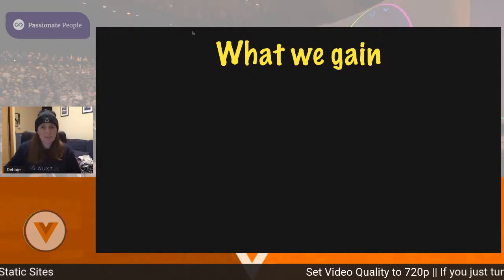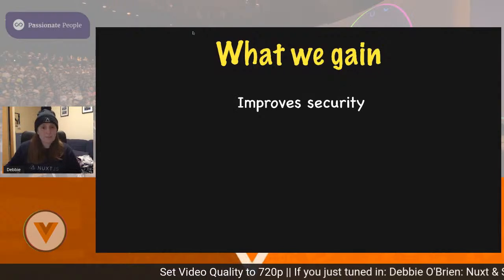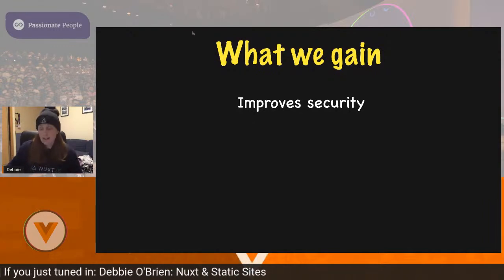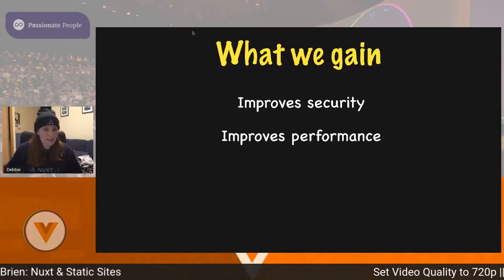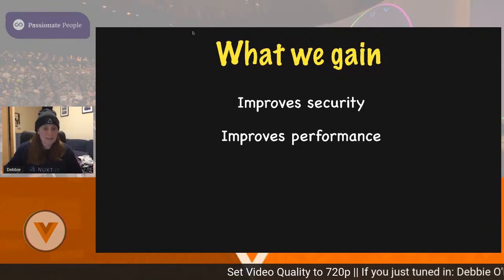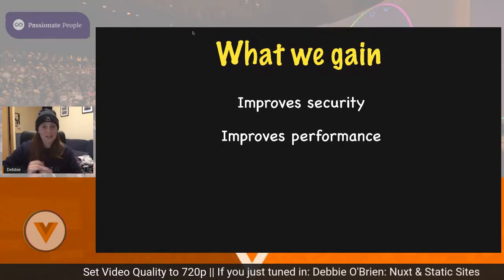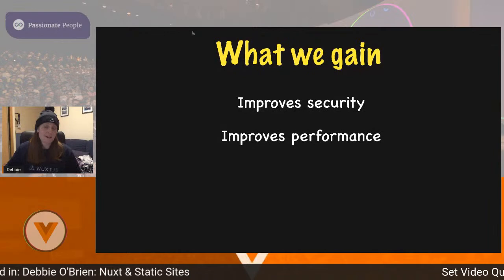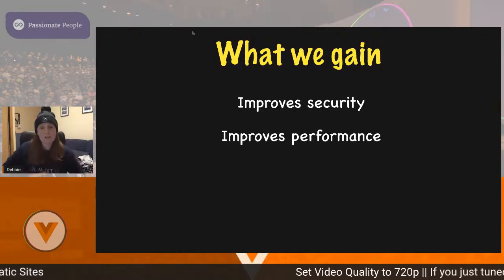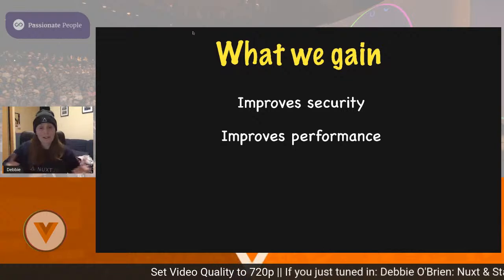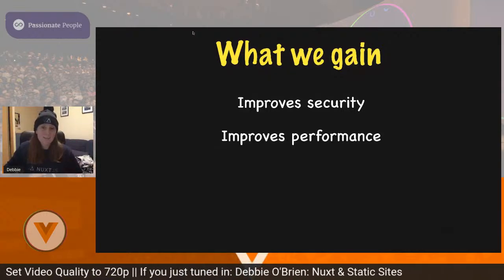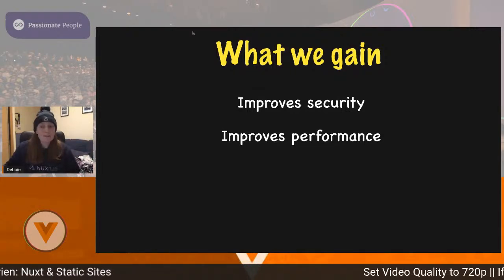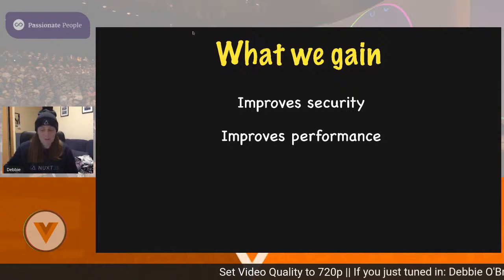So what do we gain? We improve security, because now it's a static site, so generally there's a smaller attack vector, and we improve performance. We need more performant websites, especially now that we're all on the internet. We need our sites to be as performant as possible, because we're all just using up all that bandwidth. There's a better developer experience as well, as going Jamstack allows us to write in the framework we want. Separation of concerns: you've got no backend and front-end code mixed together anymore. And you've got deployment confidence, better security, just so much more.